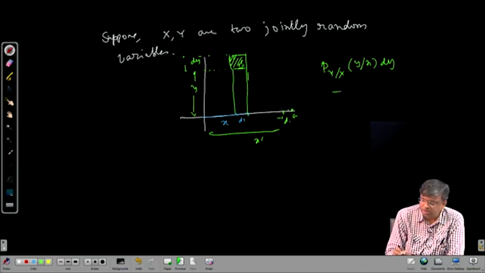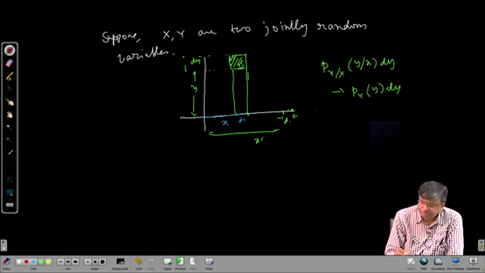So, it will simply be just the probability of capital Y lying from small y to y plus dy, as we have seen earlier. The conditioning will have no effect. In that case,